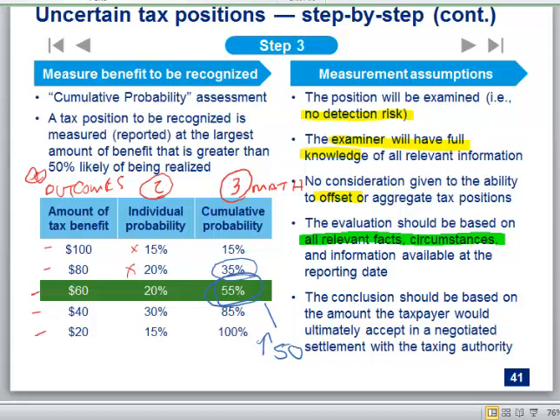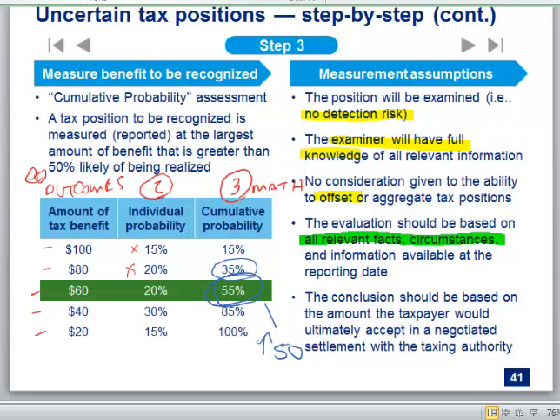But it's very theoretical, right? Most tax VPs are not sitting there trying to assess their cumulative probability. They just kind of hang back and think, well, what am I going to walk away with? And they don't go through the individual probabilities and do this whole exercise. But this is audit documentation. People have this in their files.